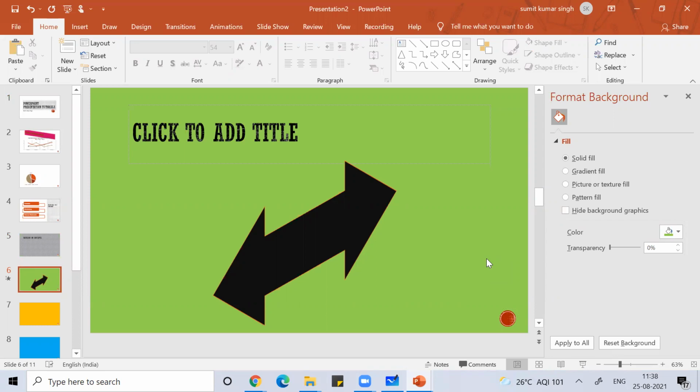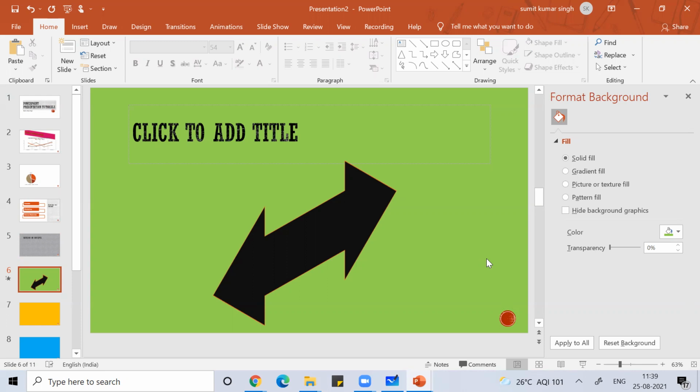Whenever you work in PowerPoint, what is the purpose of working on PowerPoint? The purpose is to make sure that tomorrow you can give a presentation, right? So whenever I'm working on PowerPoint, I want to give a presentation. Whatever addition and editing you're doing, you can do once you're done. Like tomorrow, suppose your college expects you to give a presentation.